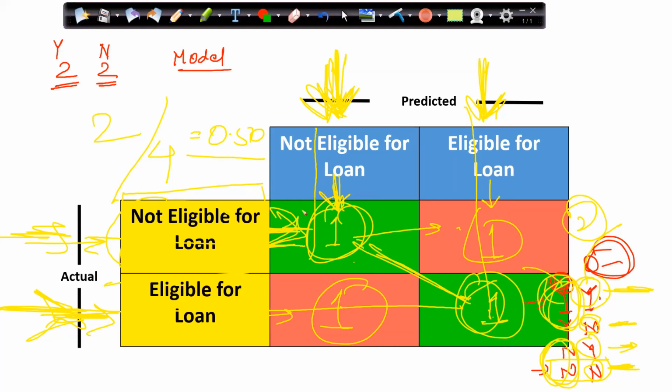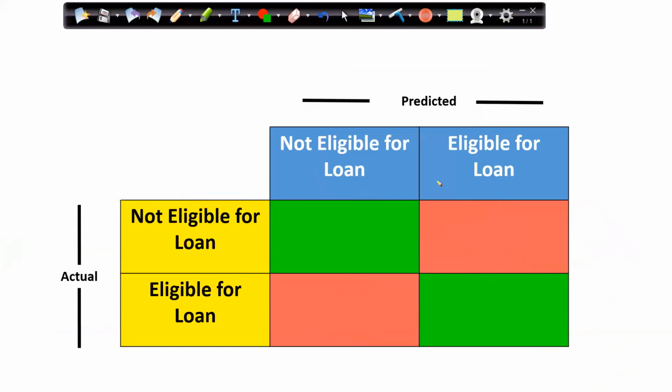And that is my confusion matrix, which is a very, very important concept, because this gives me the understanding of how my model is giving me the accuracy on my data set. So always this value plus this value will be the correct values upon the sum of all values. That will be my percentage accuracy.